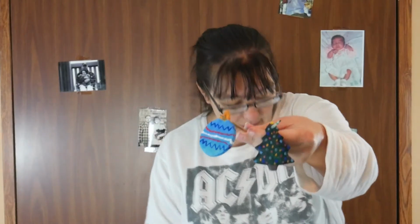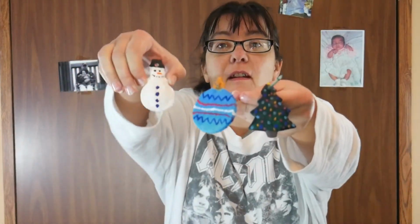Okay, y'all. My ornaments are baked. They're finished. I've painted some of them just to show y'all. And now I've got the ribbon. So you can use whatever. You can use like the ornament hooks actually. I'm just going to cut me a piece of ribbon off here. You could use the metal wire, but you just take whatever you're using, stick it through there